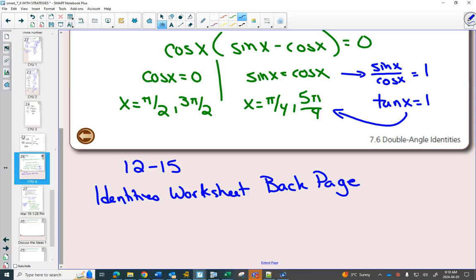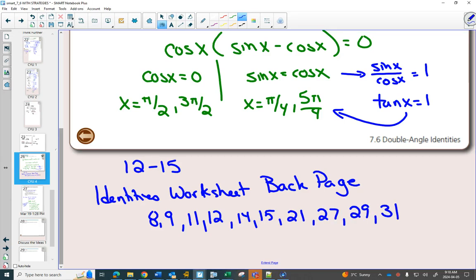On the back side there was a bunch of questions to solve. Some are circled, but they're not the right ones. So highlight the following numbers: 8 and 9, 11 and 12, 14 and 15, 21, 27, 29, and